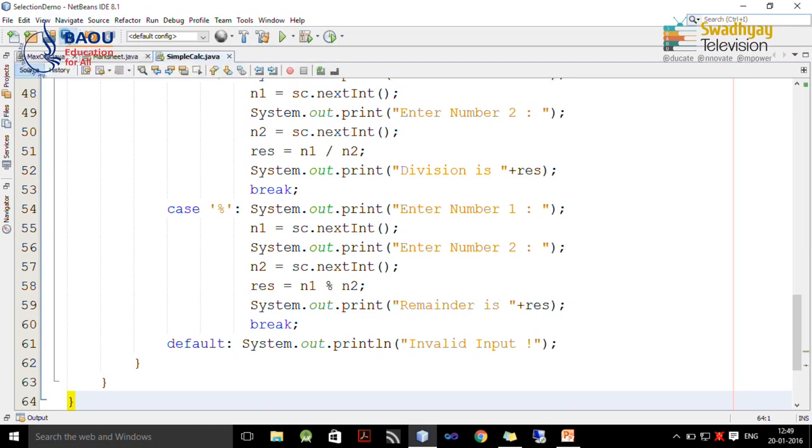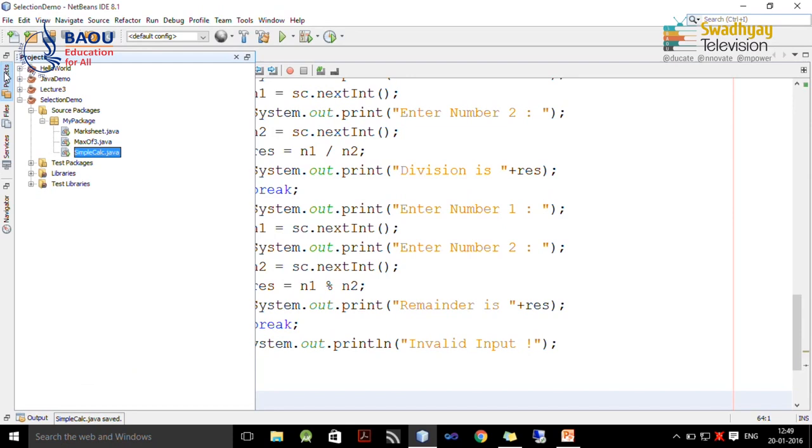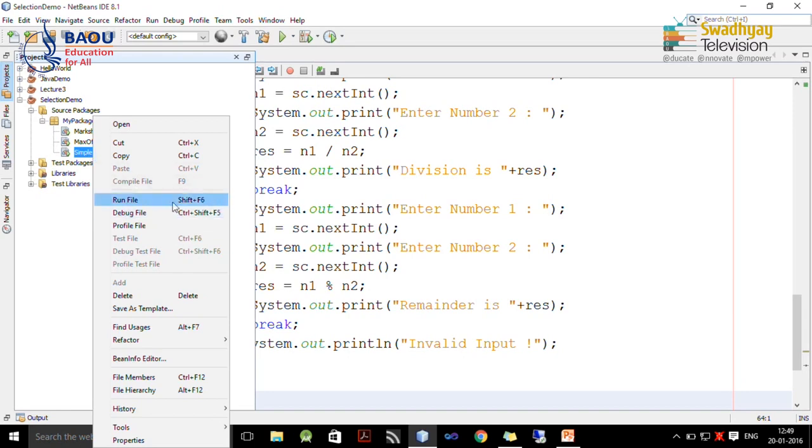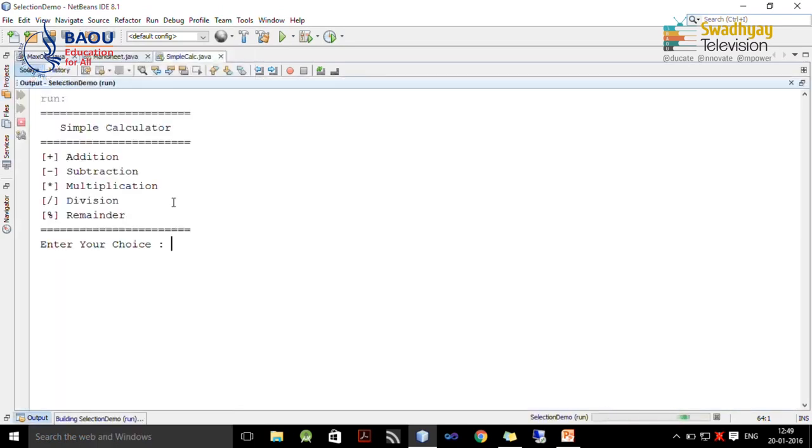Now save this file and run it by selecting the file from the package, right clicking on it and selecting run file. So here on screen you can see a menu is displayed and I am selecting plus, that means I want to perform addition of these two numbers. So I am going to enter 10 and 20.